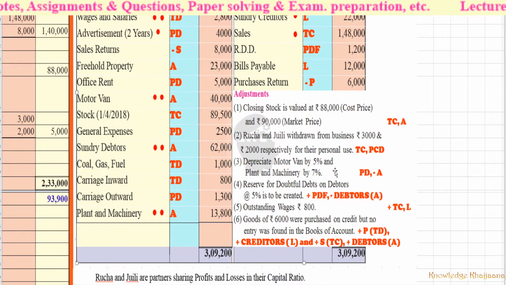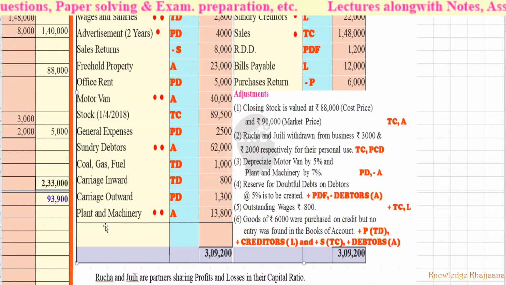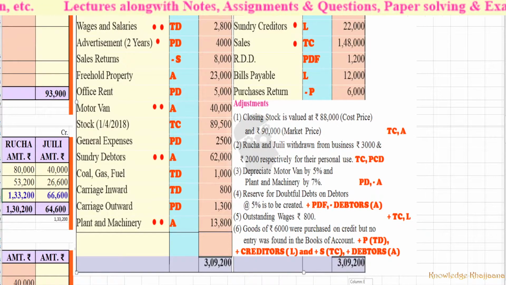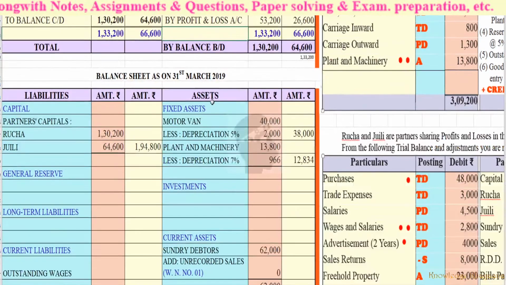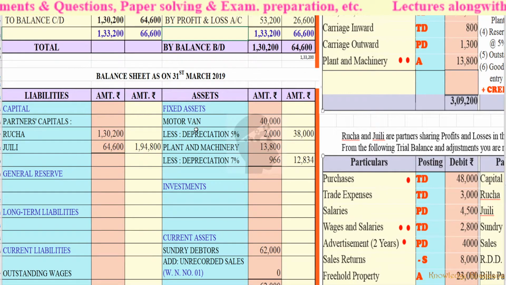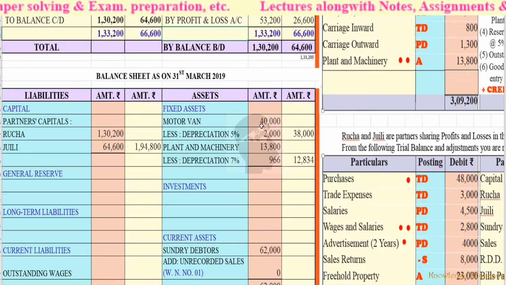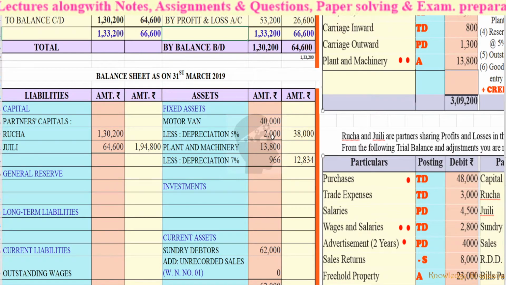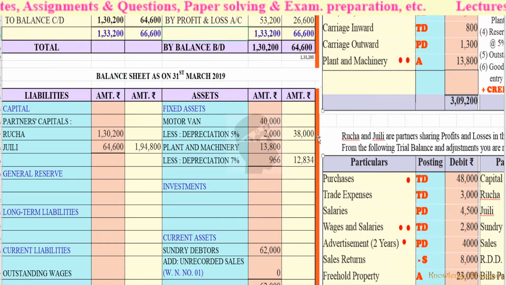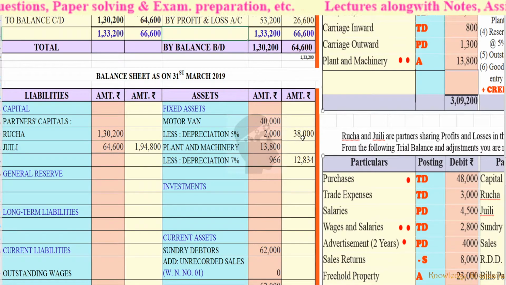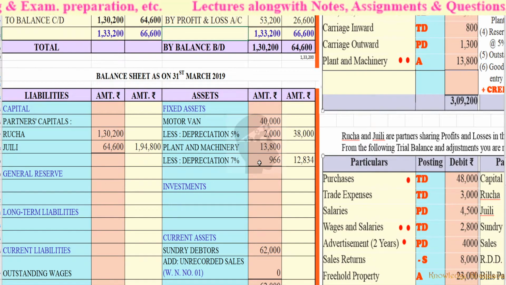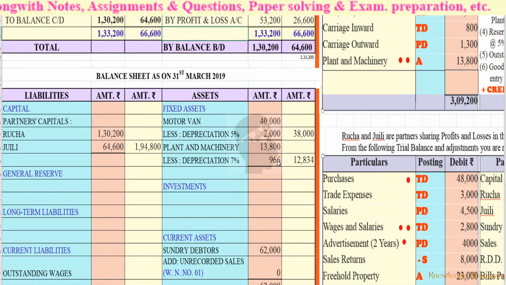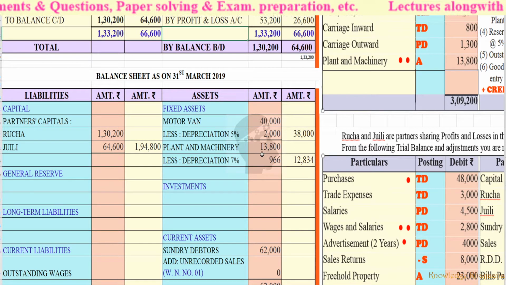Depreciate motor van by 5% and plant and machinery by 7%. Motor van by 5% comes to the asset side. The value of the motor van was rupees 40,000. So 5% of 40,000 is rupees 2,000, and the written down value of the motor van is rupees 38,000. And 7% of plant and machinery is rupees 966. So the written down value of plant and machinery is rupees